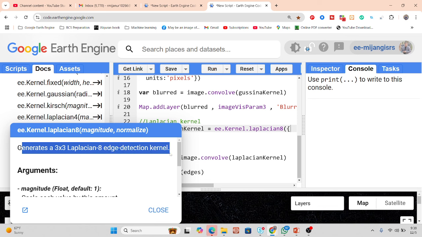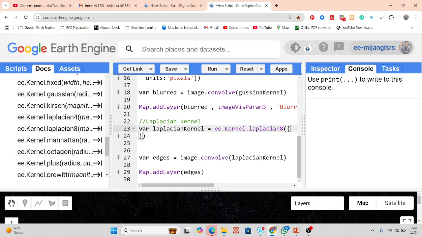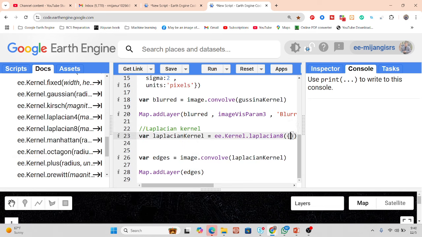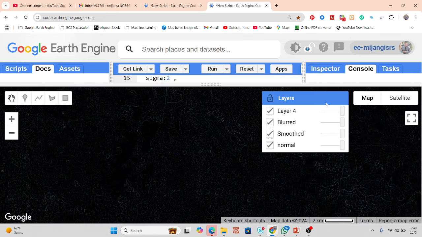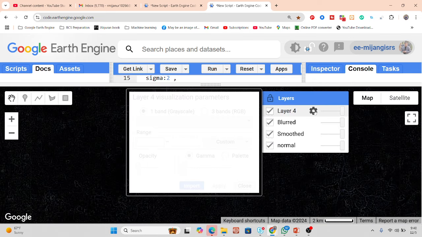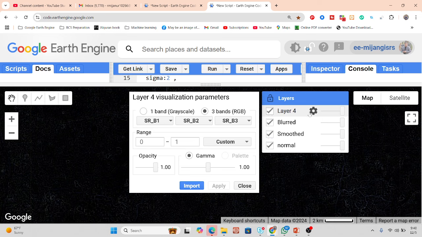So it automatically creates it. That's why you are not mentioning this type of magnitude or normalized. We try the optional arguments. Okay. So now it works, and we try to add the visualization for this and try to check the edge